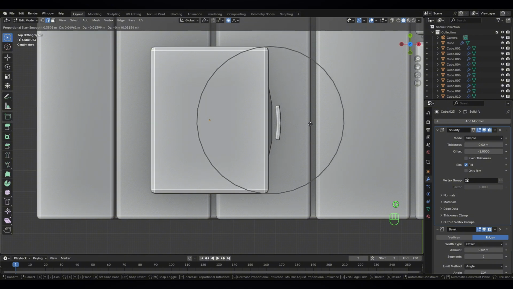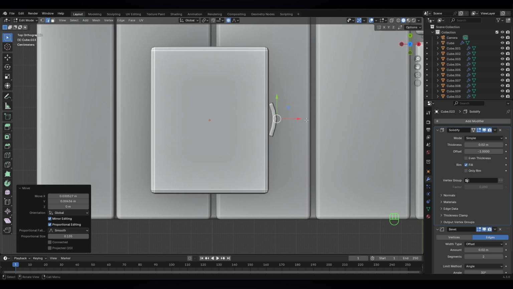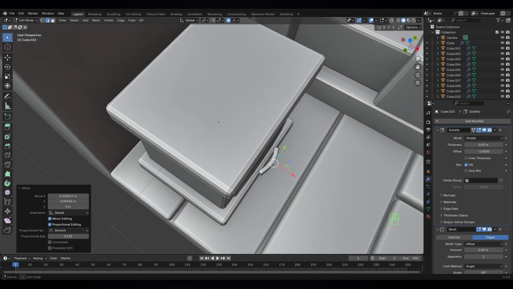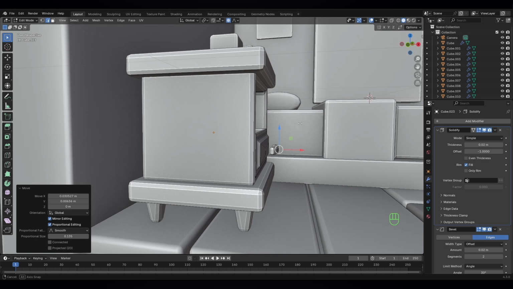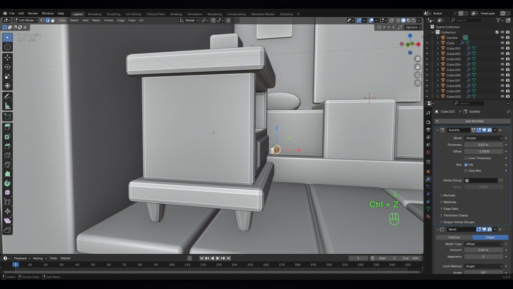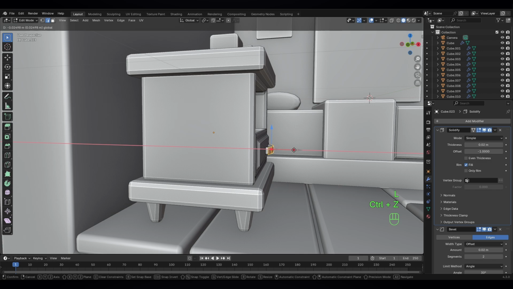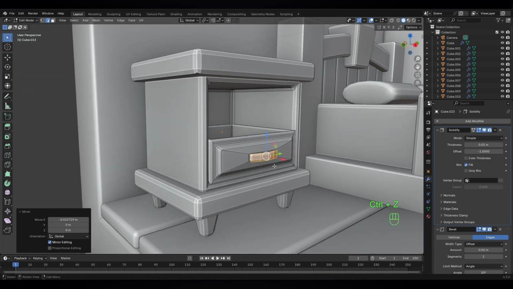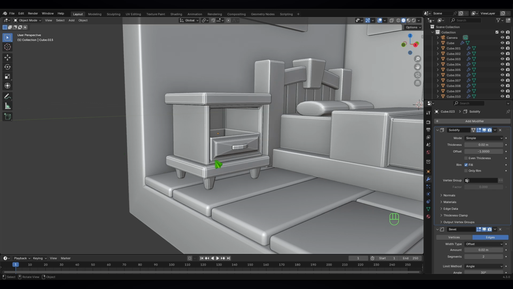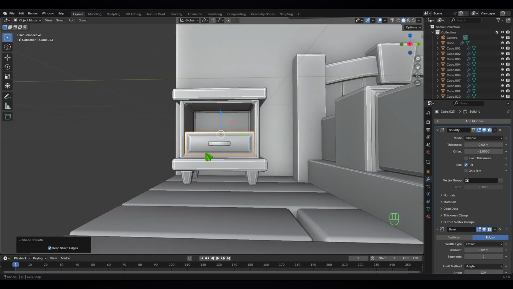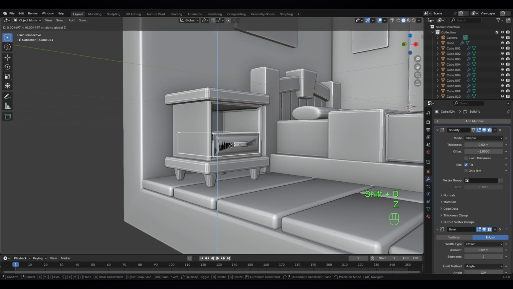Just scroll your mouse to make your circle smaller. Okay. It looks nice. I think something like this. Alright, that's great. And now let's go here and select this by pressing L and move it. Okay. Before that, Ctrl Z, turn off the X-ray mode and move it inside. Alright, let's go to object mode and let's auto shade smooth it and Shift D or